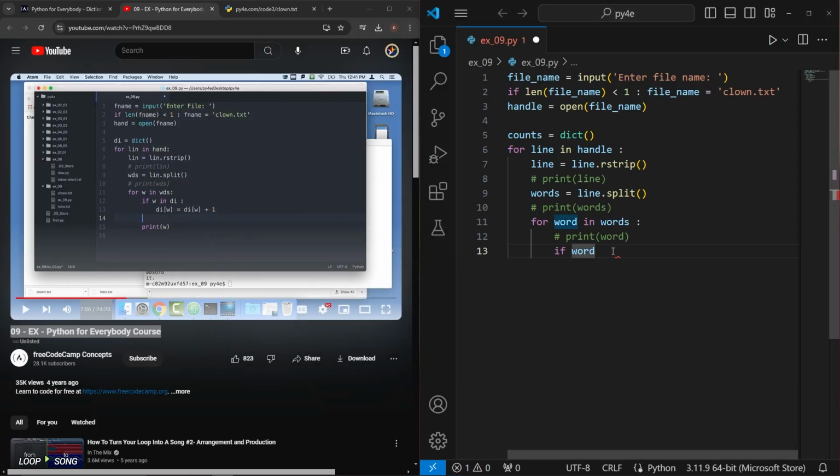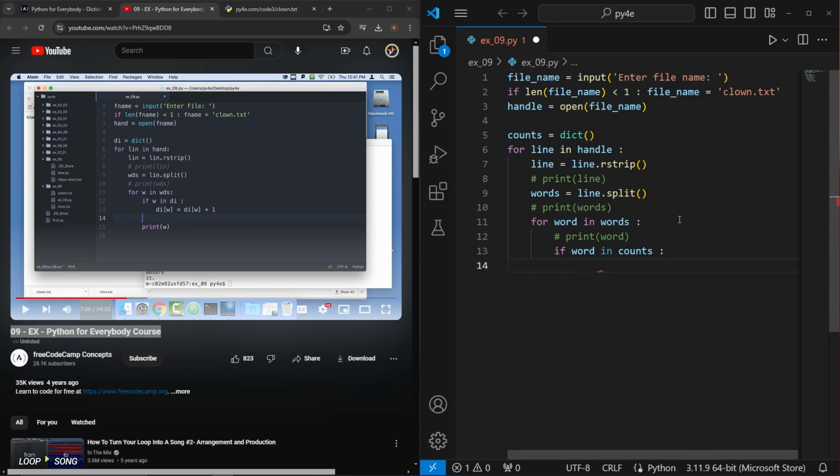And what we're going to do here is say, if word, and this is talking about those words in the command prompt, right? Like this word, like the, and then keep going down. If word in the dictionary, which is not words, it's counts. Should we call this counts or dictionary? No, counts is cool because we're going to be counting the words later, right? So if word in counts,